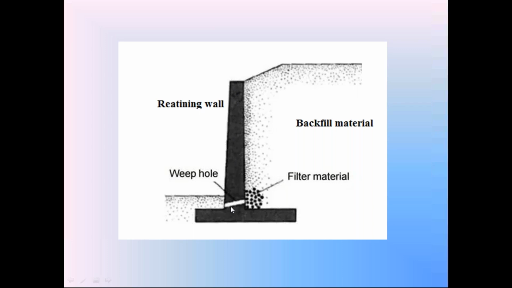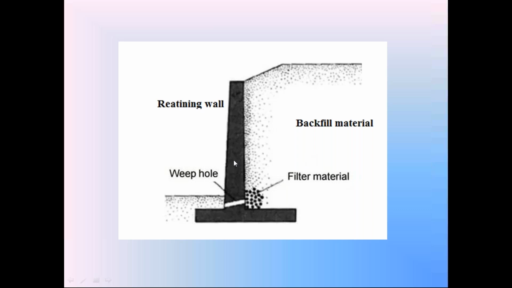And at the retaining wall, to allow free movement of water in this material, in the rainy season, the water flows in this soil material because soil is permeable. To allow free movement of water in this soil, we provide these weep holes in the retaining wall. Sometimes at the middle also, we provide the weep holes in the retaining wall to allow the free movement of water in this soil. Just listen everyone.